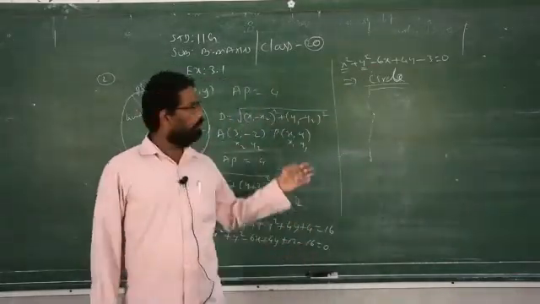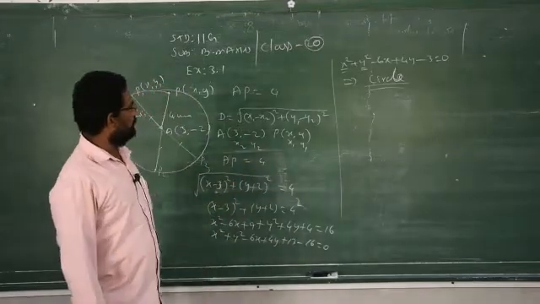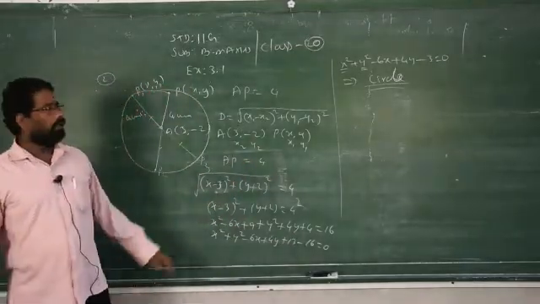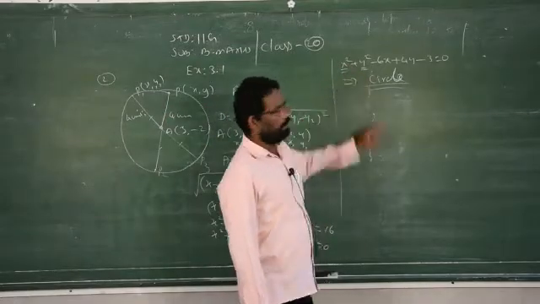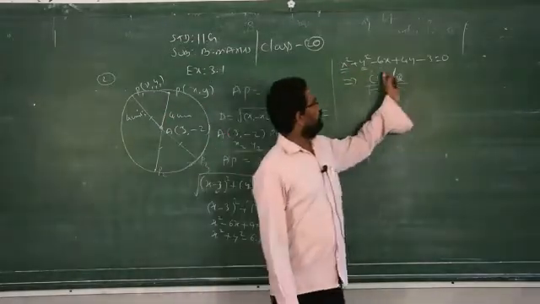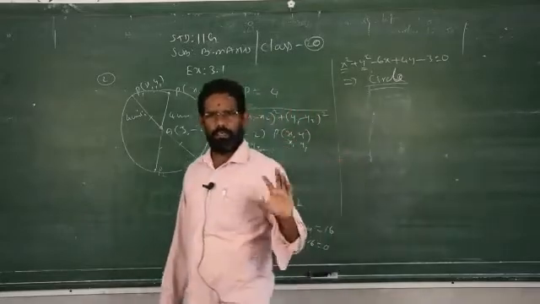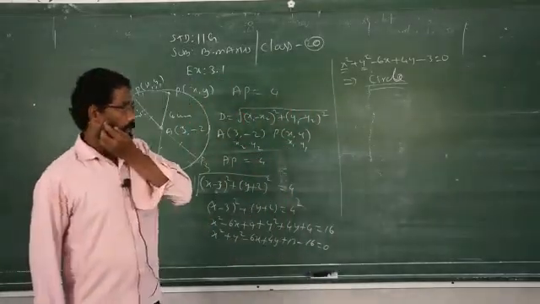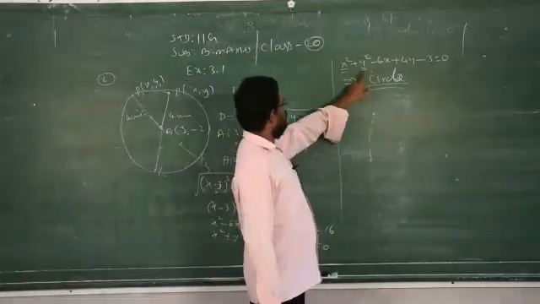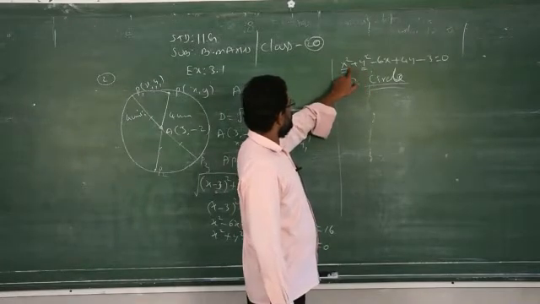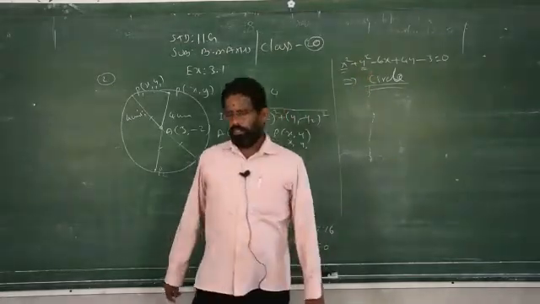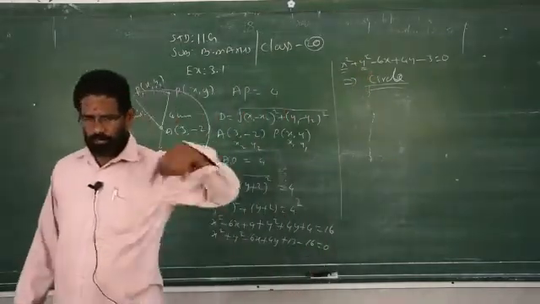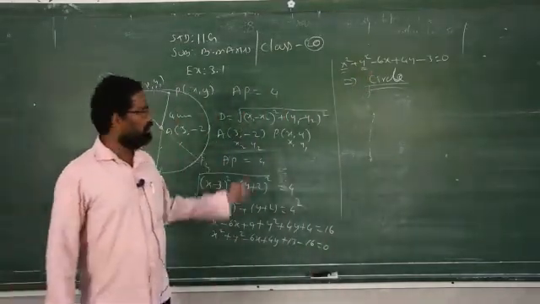You will learn about the circle in the third exercise of this chapter. Clear? But you should know the circle equation always has x square and y square. It doesn't matter about the constant. Clear? That will depend upon the question. But if you see anywhere any equation consisting of x square and y square, surely that equation refers to the equation of a circle. That is, the locus of the point will become a circle.